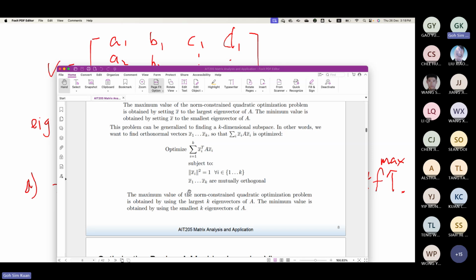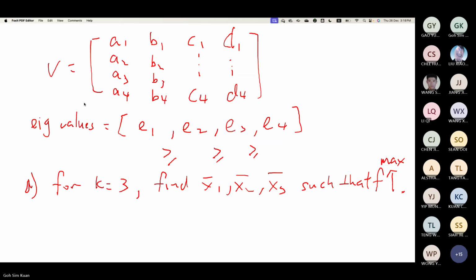The solution is available directly from the eigenvectors. Let us look back at our question again and try to apply what we learned earlier to solve this particular problem. Okay, so since k equals 3, and we are looking for